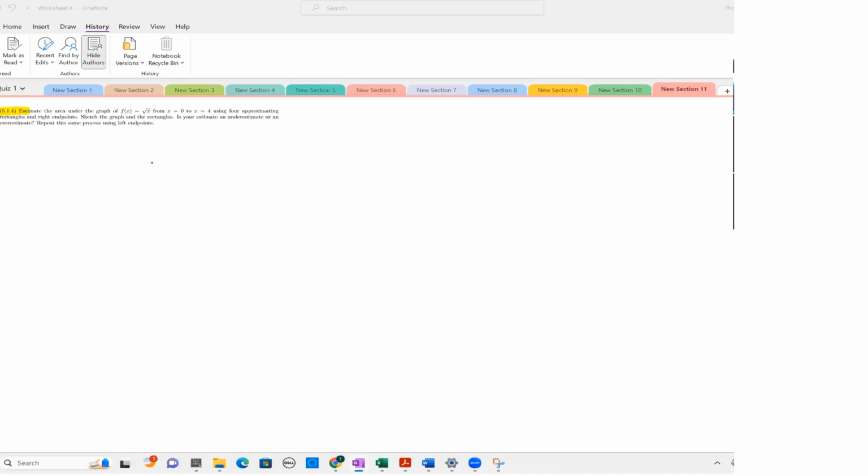So now we're going to look at question 16. And this asks us to estimate the area under the graph from x equals 0 to 4 using 4 approximate rectangles and right endpoints. So to start, what I'm